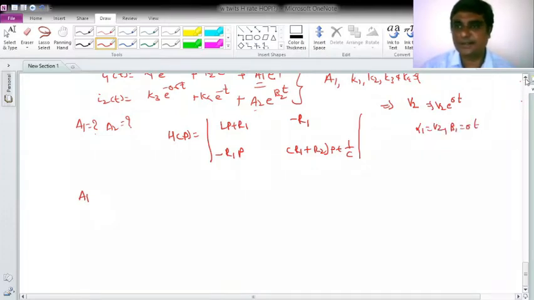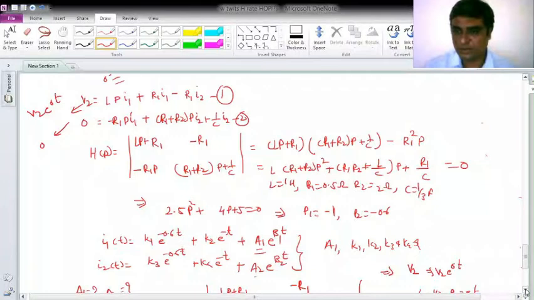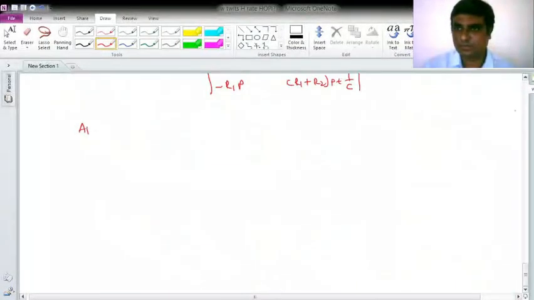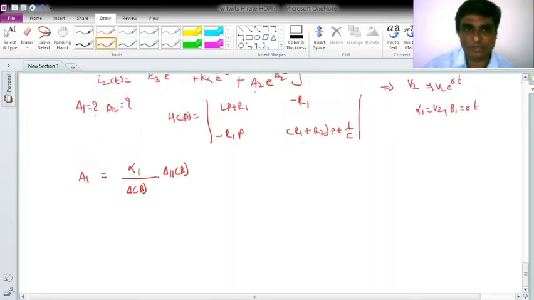And in the second equation, here we have V2 e raised to 0t, and here it is 0. Okay. So alpha 1 is V2. So in order to compute a1, the same way, we compute alpha 1 over the determinant of the system equation or characteristic equation, which is to be evaluated at beta and multiplied with the cofactor, which is also to be evaluated at beta. Okay. So first calculate the delta at beta.